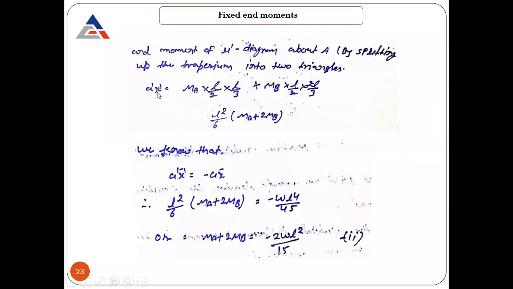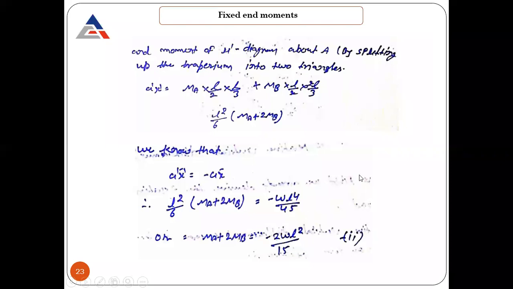So compare those, and in the M/EI diagram again we need to take the moment of area. Moment of area means MA into L into where it will act at the centroid, multiplied by that distance, which will be L by 3, or MB into L by 2, the distance where it is going to be. Now the centroid distance is 2 by 3 of L. One is L by 3, other will obviously be 2L by 3. So the total should be equal to L only. So this is the value. Compare them and you will get the values of MA and MB.